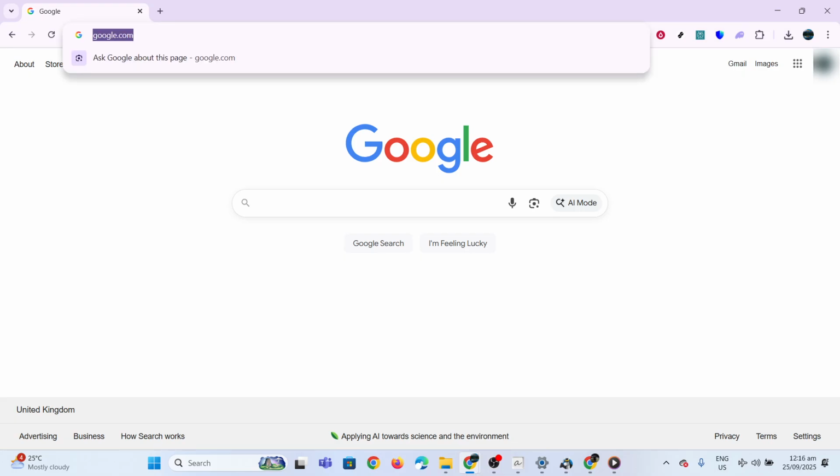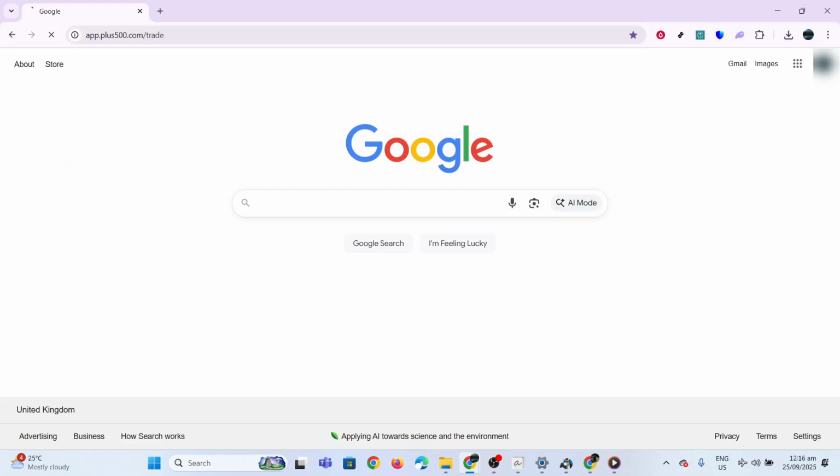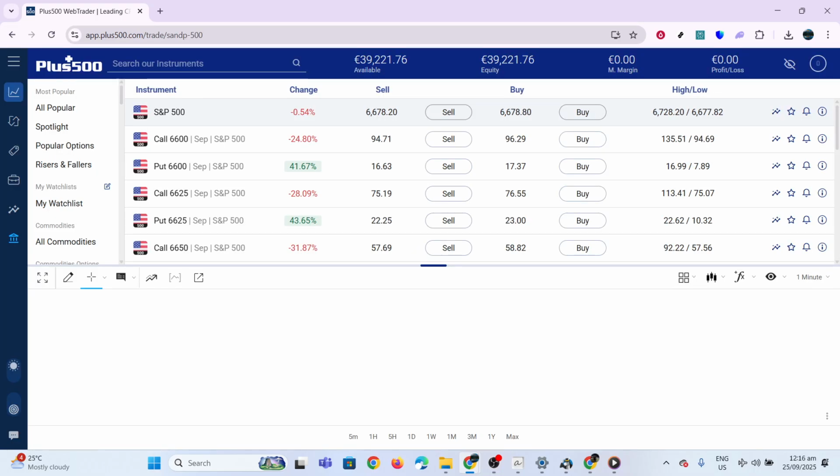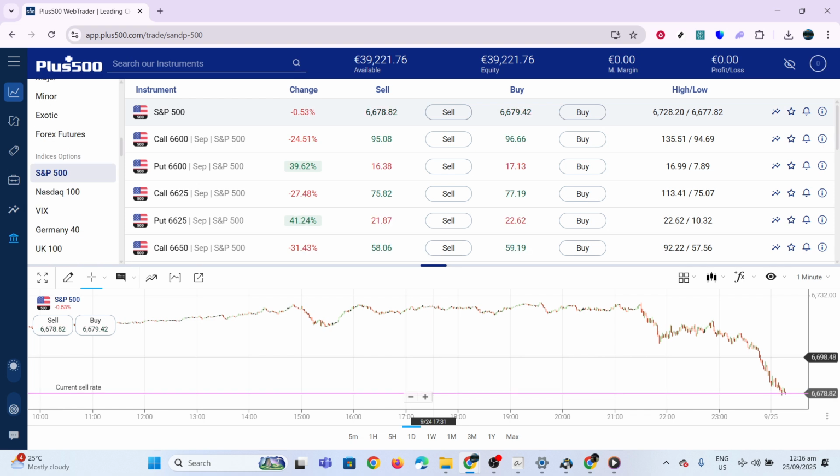First things first, you'll want to head over to app.plus500.com. Here, you'll log in with your credentials to access your trading dashboard. Once you've logged in successfully, you're ready to move on to the next step of choosing a Forex pair that